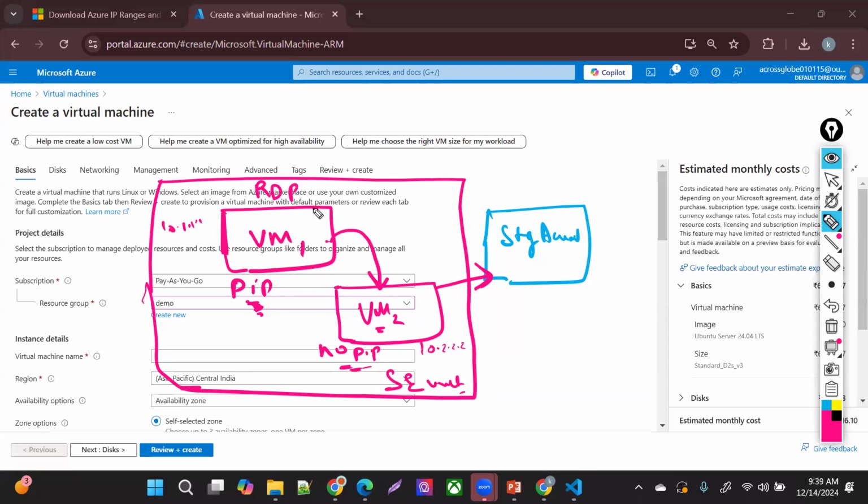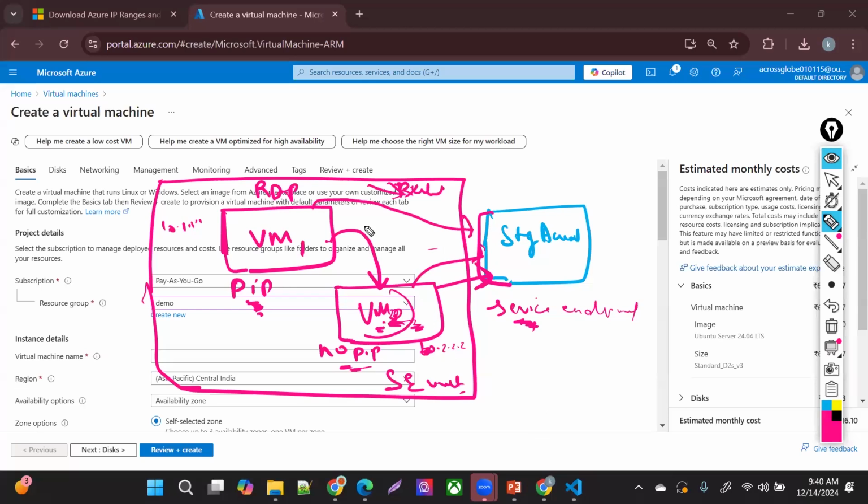First thing, I'll show you, I will be able to access the storage account from VM1 via public endpoint. Not with VM2, because they are inside the same VNet. I'll take VM2 access and will access the storage account via service endpoint. I'll create that service endpoint and show you. I'll take VM2 access not via a public IP, because there is no public IP address and no internet communication is happening. So how am I going to access the storage account via service endpoint at VNet level?